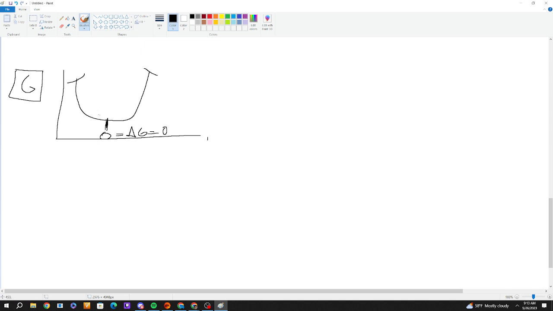And why does it occur here? Because here is the lowest point of energy, okay? And this sounds confusing at first, but hear me out. When the reaction is here, there's going to be more reactant than product, okay? If the reaction is here, there's going to be more product than reactant, okay? So the way that we can understand equilibriums is a system is trying to achieve the lowest